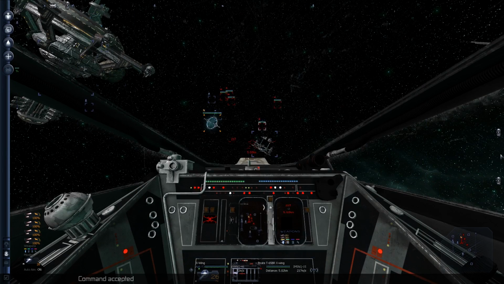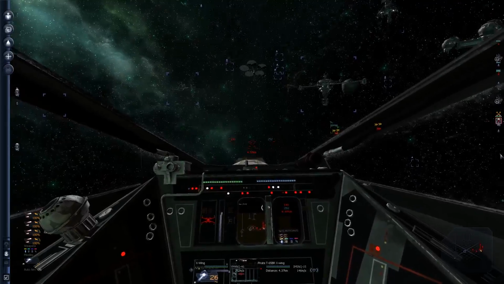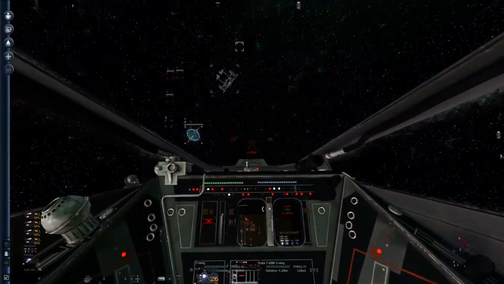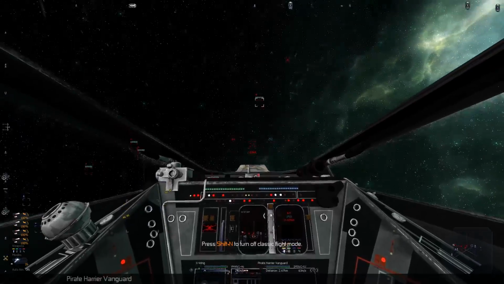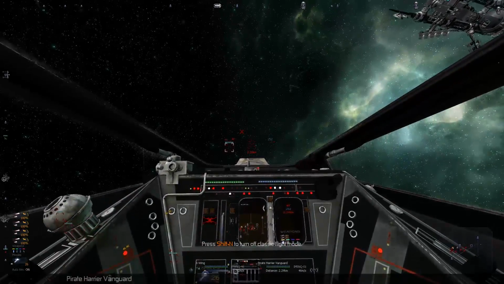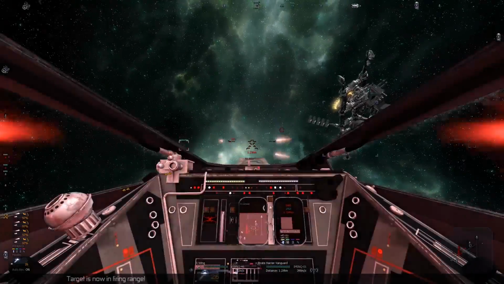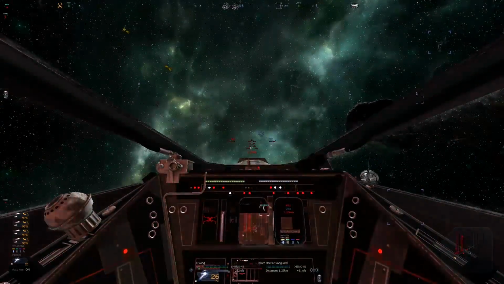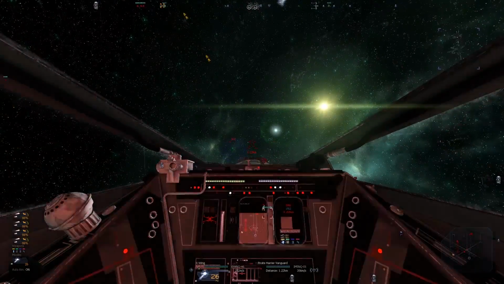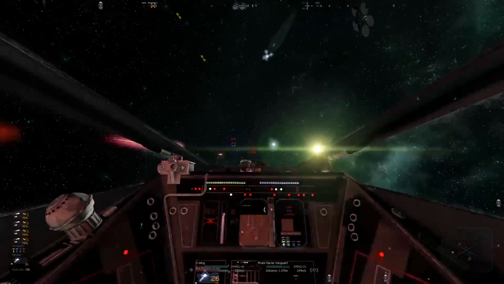Command accepted. Let's go ahead and pull away a little bit and get that backup in. I mean, I might be able to take them out. Switch to basic combat mode. Auto aim is activated. And let's target the first pirate Harrier while their wing of fighters comes in on my right-hand side. All right, let's do it. I hope one of them bails. Oh, that would be so good. I wanted an A-Wing, and if their A-Wing bails...